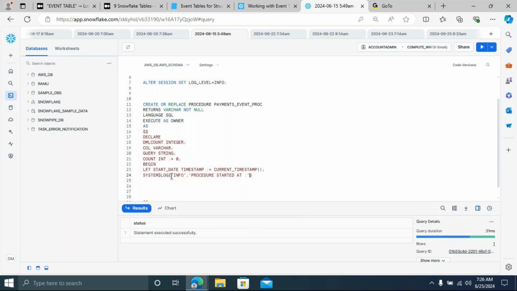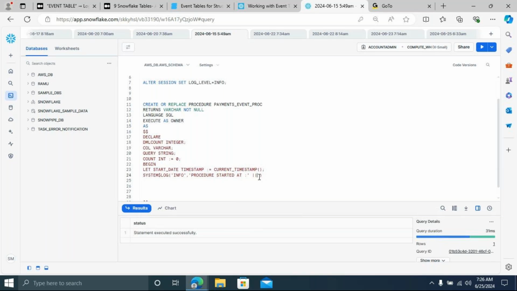Okay, started at. Now to concatenate, what is the notation you have to use for concatenation? Pipe symbol. You have to use pipe symbols. And now, if you want to convert start date into varchar, see, start date is a timestamp.